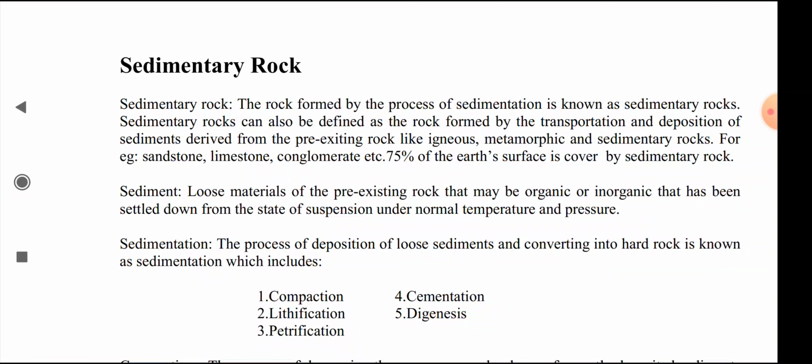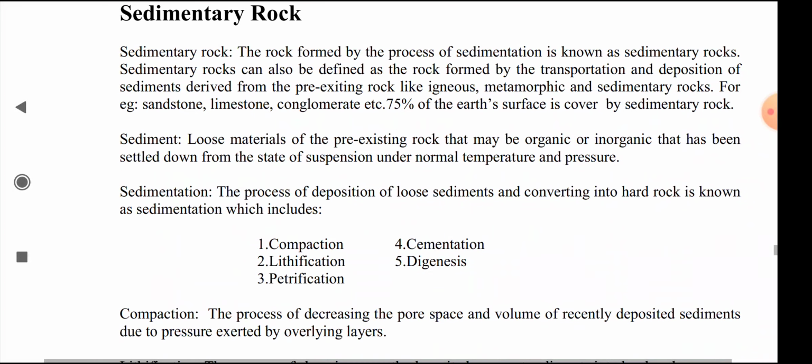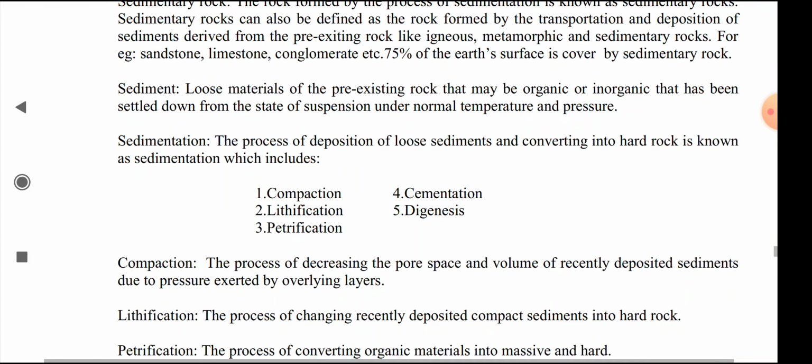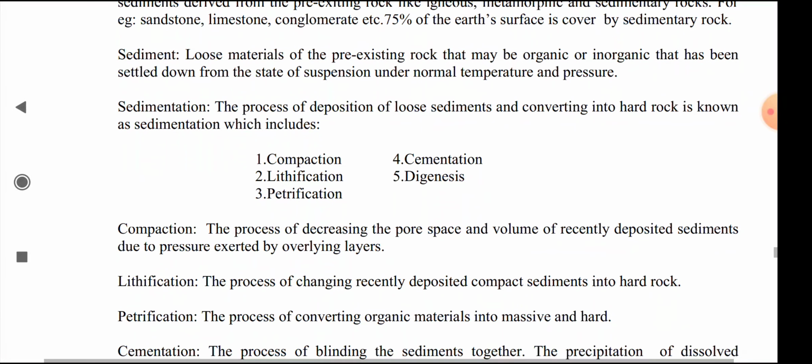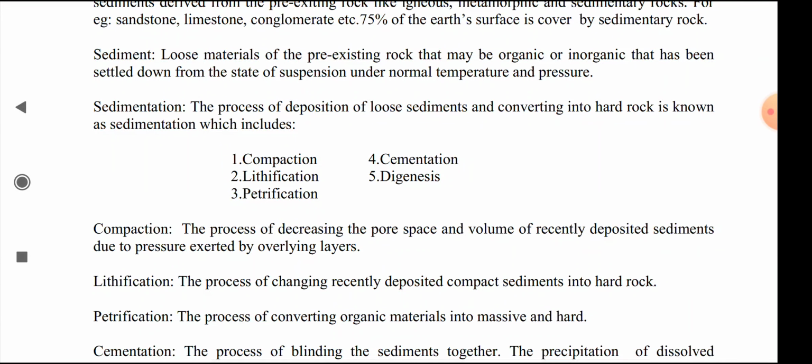75% of Earth's surface is covered by sedimentary rock. Sediment is loose material from pre-existing rock, which may be organic or inorganic, that has settled down from the state of suspension under normal temperature and pressure. Sedimentation, the process of deposition of loose sediments and converting them into hard rock, includes compaction,